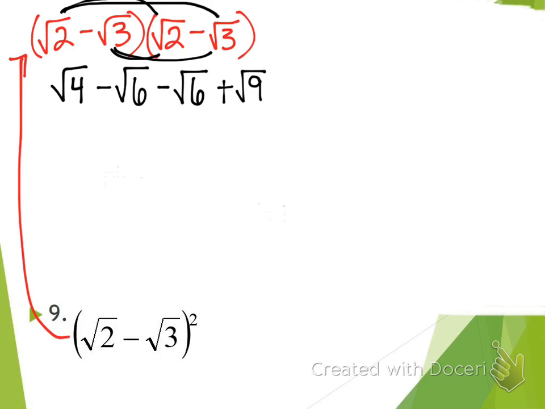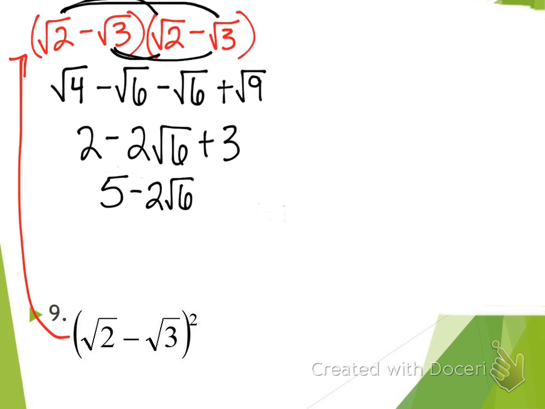Now let's go through and start simplifying. What is the square root of 4? 2. In the middle, these are both square roots of 6, so they can be combined. And negative 1 minus 1 is negative 2 square roots of 6 plus square root of 9 is 3. Now what can get combined? 2 and 3. Okay, the positive 2 plus 3 would be 5